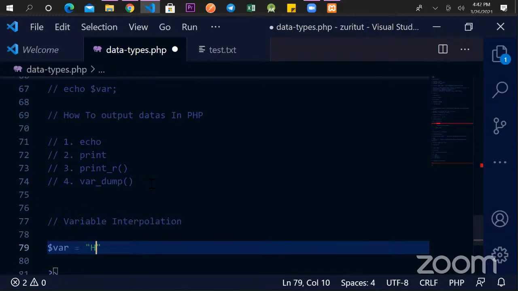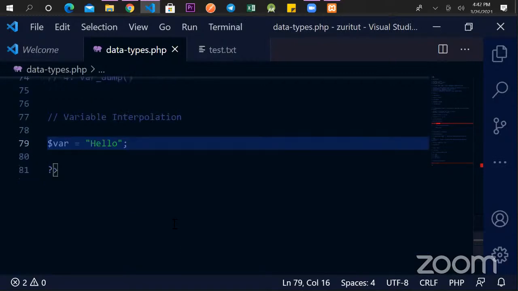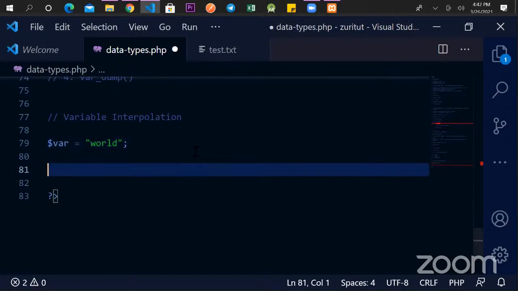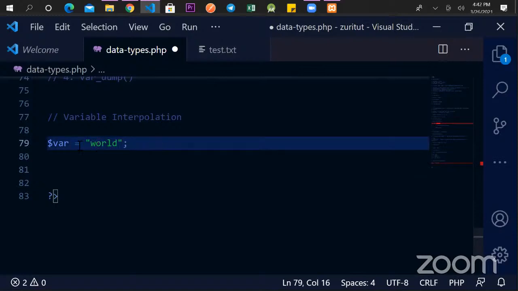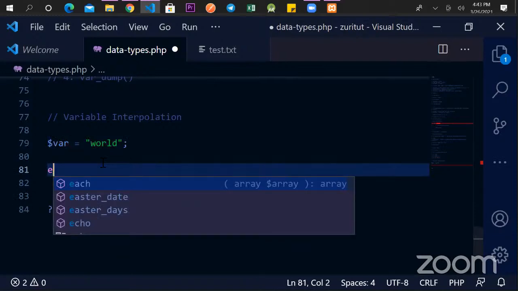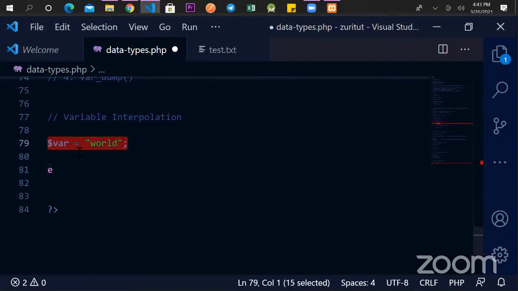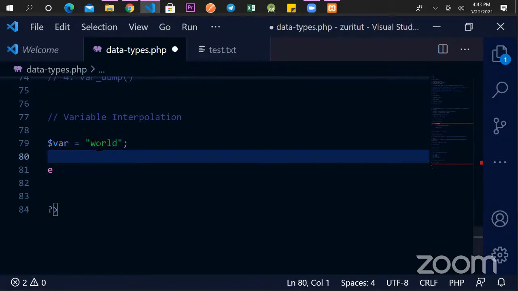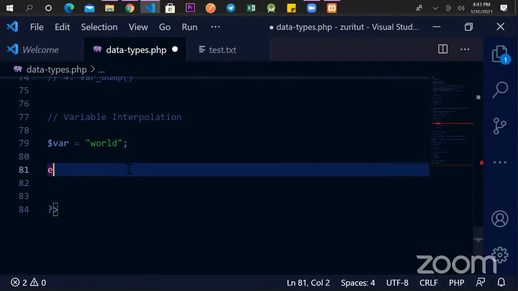var equals hello. Let var just be basically hello, or rather, let's change this guy to world, to give you a better example. So you want to attribute this guy, and maybe when you start working your boss tells you, okay, so instead of having just the word here, I want you to attribute hello world using just this variable that's been assigned the value world. So here, if I say echo,